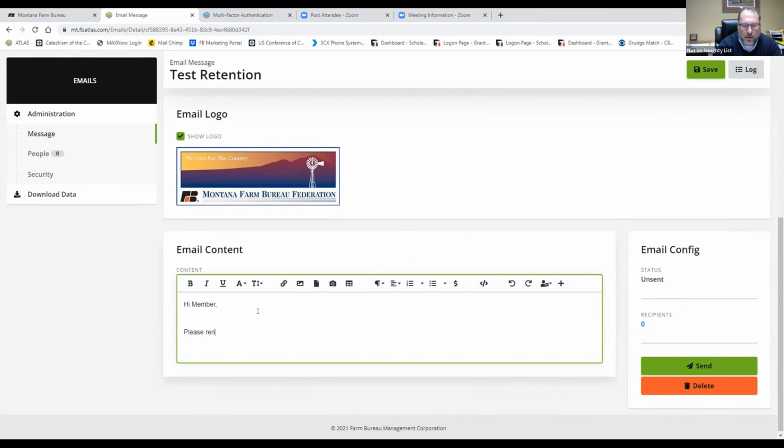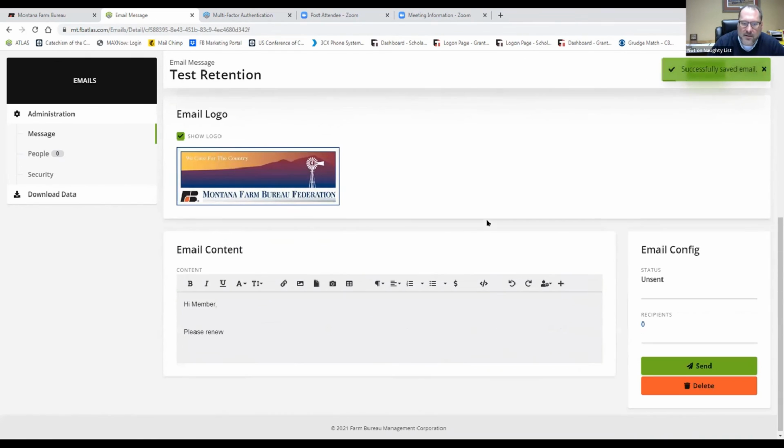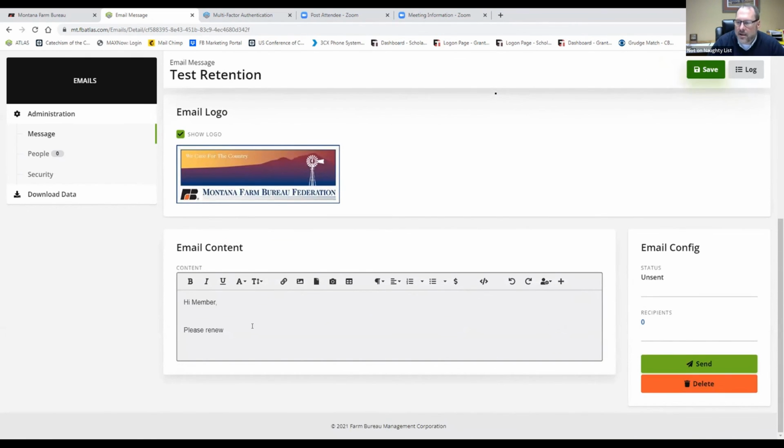please renew. And one thing I do want to mention when you're working with an email is to click save quite often, because if you move away from this for some reason and you've done all this and you've got your email in your body, you could lose that. So you do want to save quite a little bit. So I could have continued to type as much as I want, but for the purpose of this training, I'm not going to get too far into that.